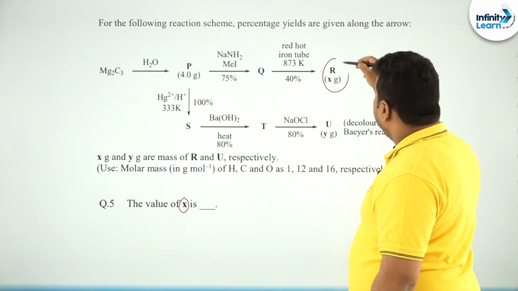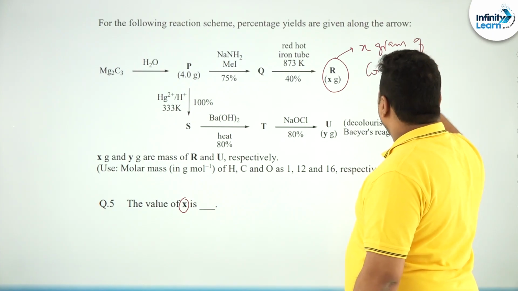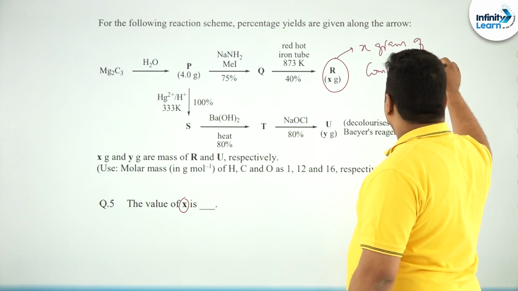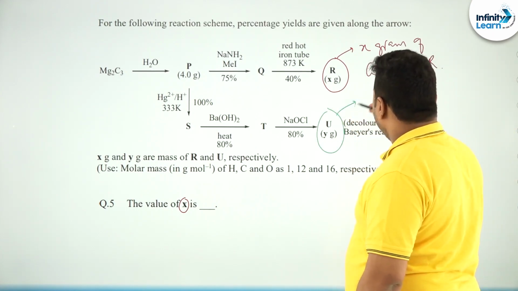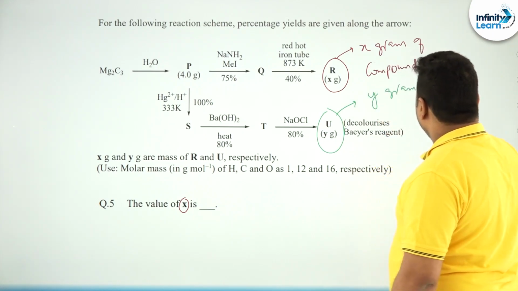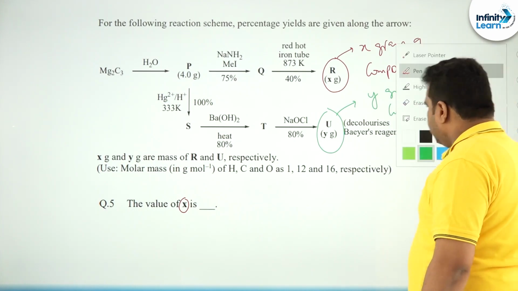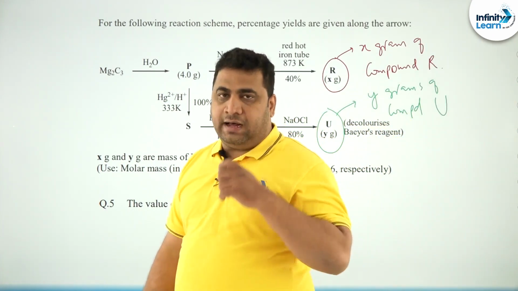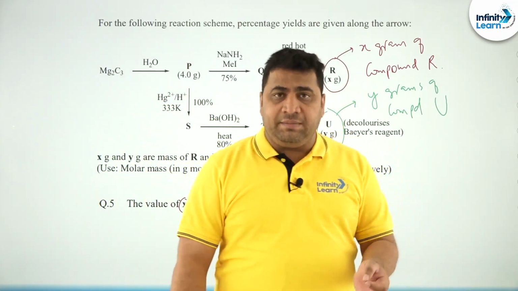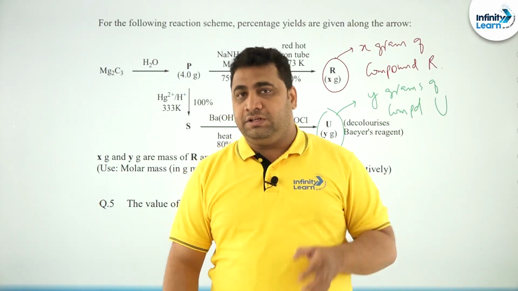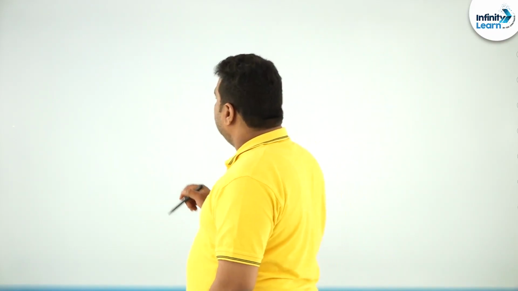That means we have to find x grams of compound R, correct. Another question is this compound, he is asking you y grams of compound U. So dear students, to understand this R and U, first thing everybody knows the concept to solve physical chemistry problems with grams or volume relation. We apply the most important thing, the basics of this. Let us go to the basics of it.